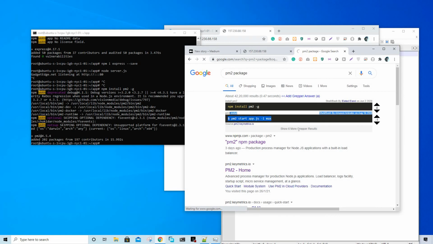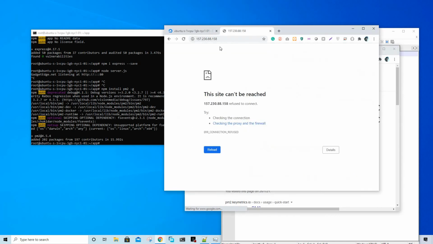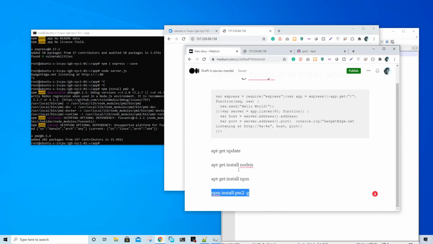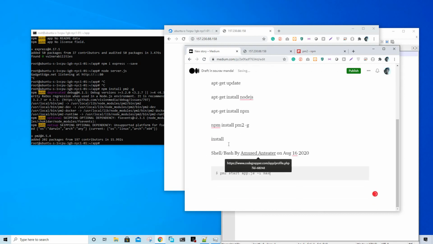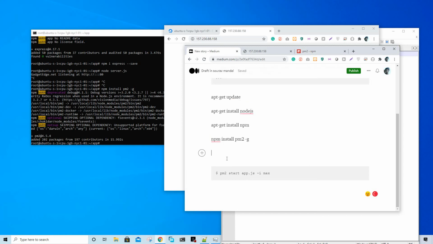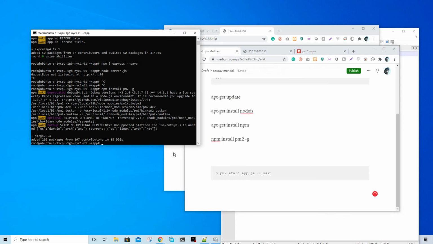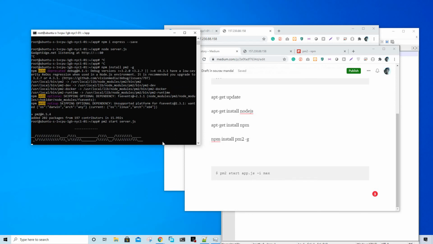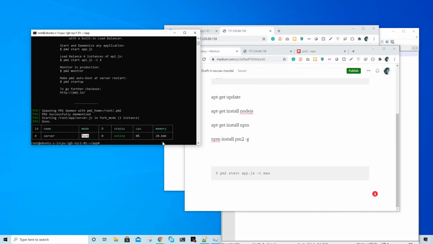I'll paste it just in case you guys need it. A lot of things are copied, let's delete them. So it is pasted. Now what we're going to do is pm2 start server.js. Okay, now it is going to run it as a service.